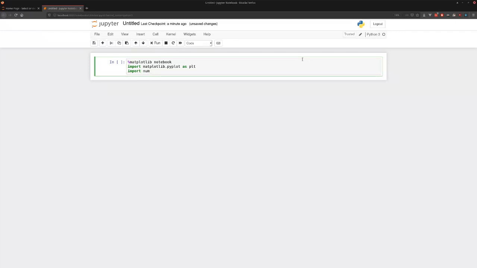Not a specific kind of number calculations, but more like general number calculations. NumPy as np. Okay, to execute the line we use Shift Enter, and yeah, it went through good. So let's have a little bit of theoretical introduction to how our simulation